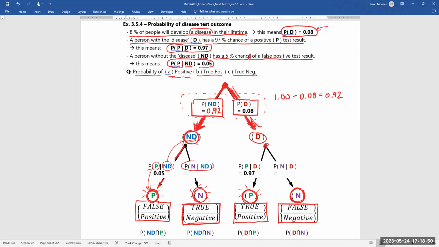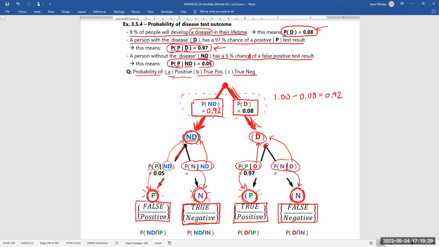This branch is the probability of being negative given you have no disease. This one is the probability of being positive given you did have the disease. And this probability is the probability of testing negative given you do have the disease. And so once you set up the tree diagram, you can see here, we know that the probability of being